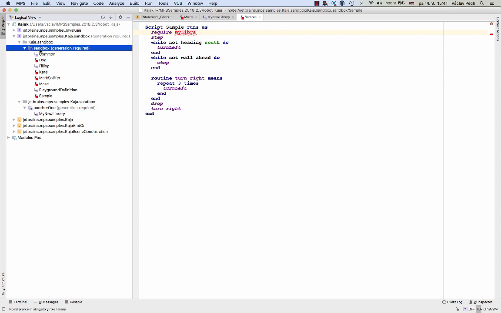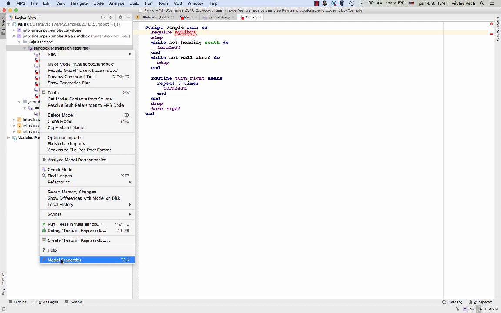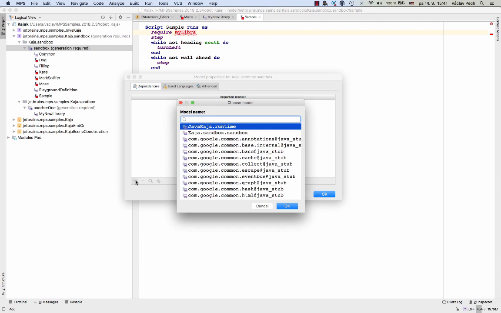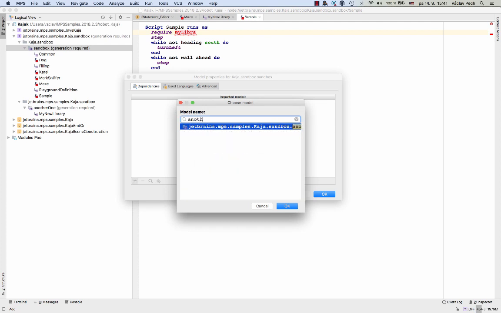To insert a dependency, I right-click on Sandbox, go to Model Properties, and to the Dependencies tab. Remember, the Used Languages tab is the place where you define what syntaxes, what languages you want to use in this model. And in Dependencies, you express the imports, the models that you need to depend on. So we add another model,